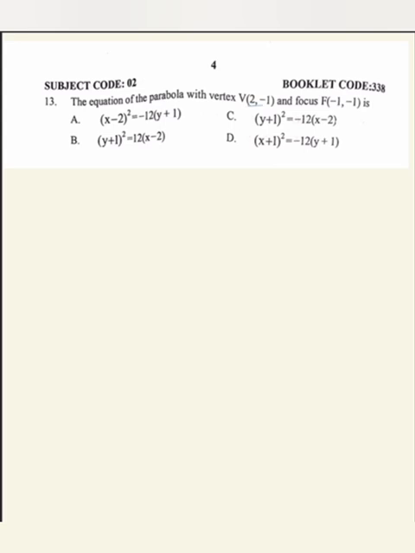vertex 2, -1 and focus -1, -1 is ይለናል ኦኬ ቨርቴክሱና ፎከሱ ተሰጥቶናል የሆነ ፓራቦላ so ያ ፓራቦላ ኢኩዌሽኑ ምንድነው ነው የሚለው ኦኬ unfortunately the vertex and the focus are on horizontal line so ፎከሱ -1, ላይ ነው ቨርቴክሱ ደግሞ 2, -1 ላይ ነው ኦኬ so by default ይሄ ፓራቦላ horizontal ፓራቦላ ሆኖ ወደ ሌፍት የተከፈተ ፓራቦላ ነው ማለት ነው ኦኬ